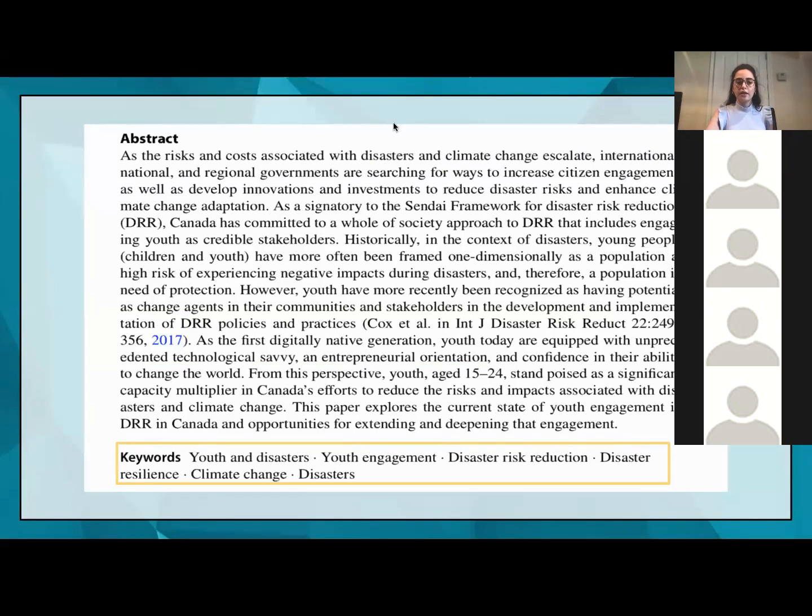Again, our favorite little section, the abstract. Within the abstract, I know we talked about this, but within the abstract, you are able to really break it up into its component parts. This specific abstract doesn't really give you the full scope of the paper, but it gives a nice intro, like a nice little synopsis similar to that in the back of a book, where it gives you the context. So here it's setting up that there's risks associated with disaster and climate, and it's escalating. So it's giving us some